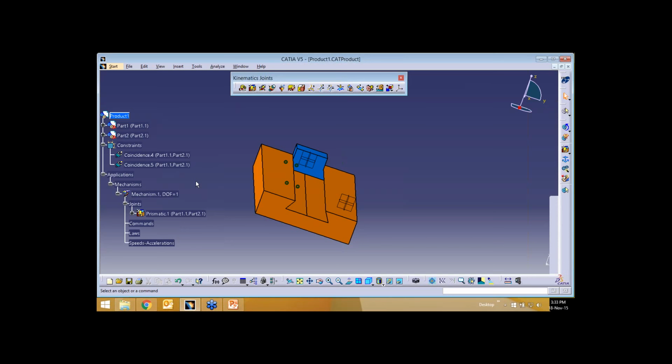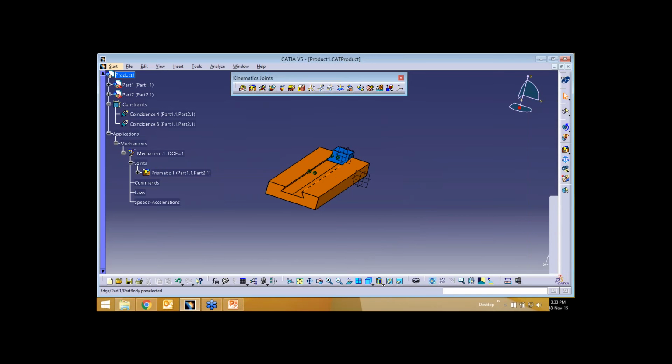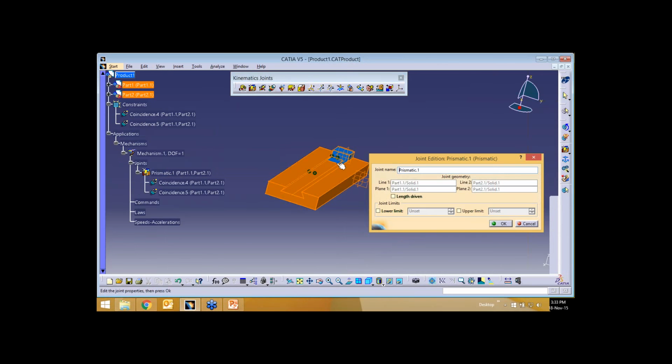So now I'm going to give a command for this prismatic joint. For giving a command, I'll go for a prismatic joint, select it here. I'll give a length driven value, that is like this part has to move along the input of the line and plane from this point to this point. For that, what I'll do is I'll just measure how much distance this is. Which is 450. So my command has to be length driven value from 0 to 450. I'll say OK. So you give the value also, your degrees of freedom became 0.